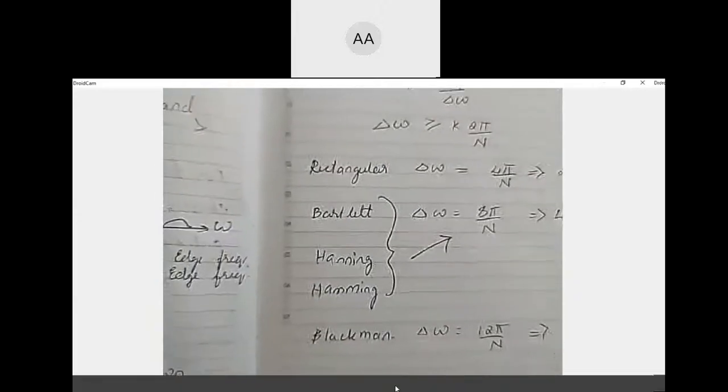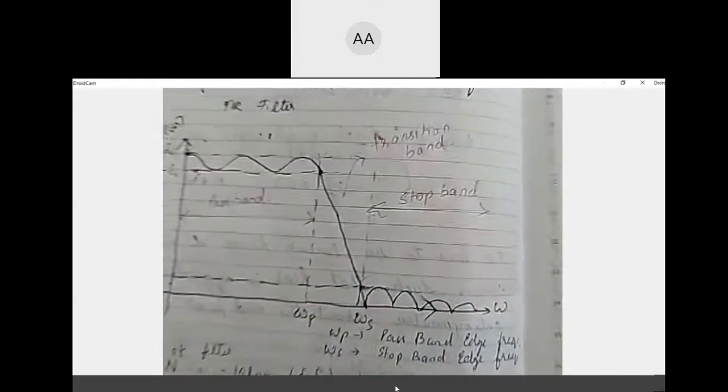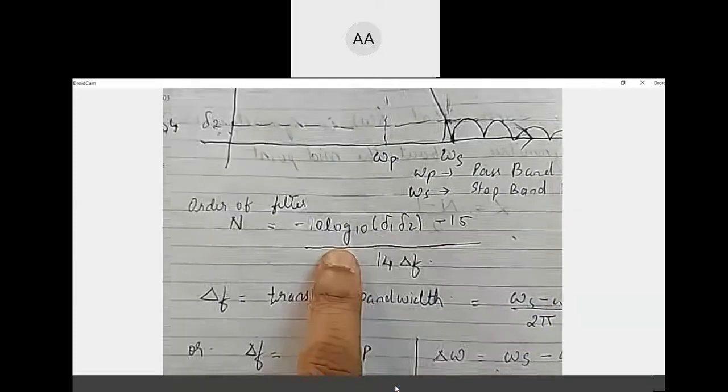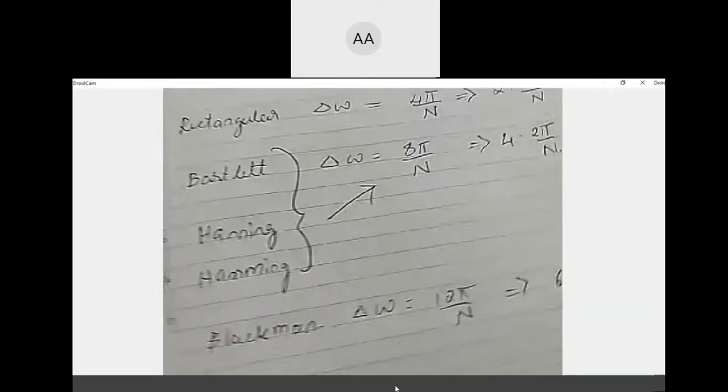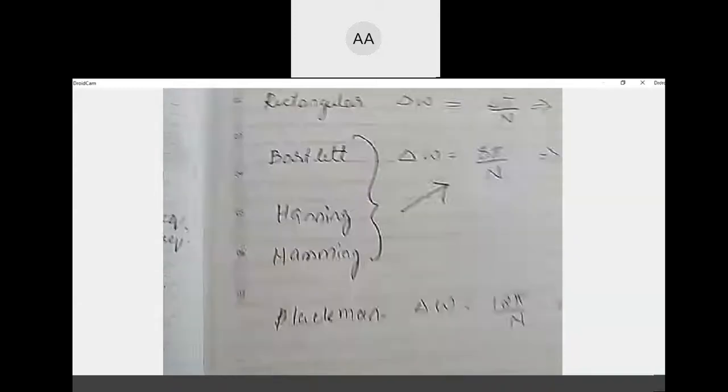Only thing is you need to understand these concepts properly. What is pass band, stop band, what is the ripple present, and if it's given in terms of attenuation, 20 log of this ripple value, if you take, you'll get the attenuation. This you need to remember irrespective of FIR filter or IIR filter. And have this formula, we are not going to really be using this. In very rare cases they'll ask you to calculate the order of the filter, you just need to remember this formula and you can apply it. Just keep it with you. In most of our problems, we may not be using this. We'll solve all kinds of problems, don't have to worry. So let's go back to this.